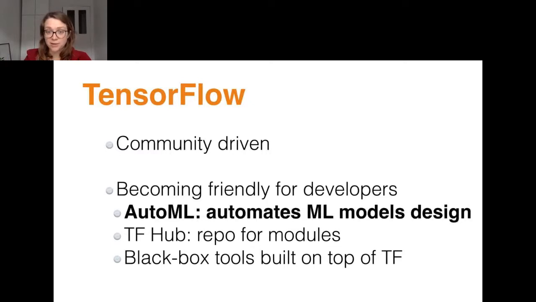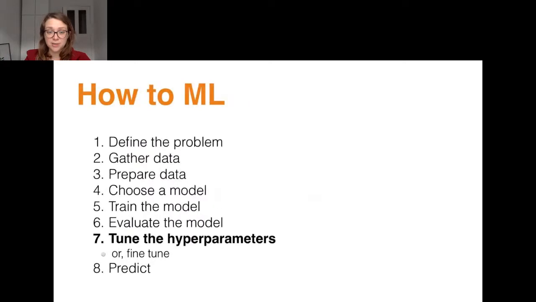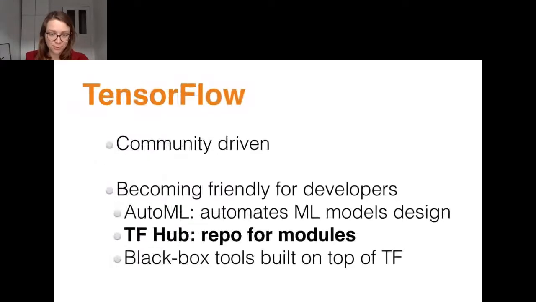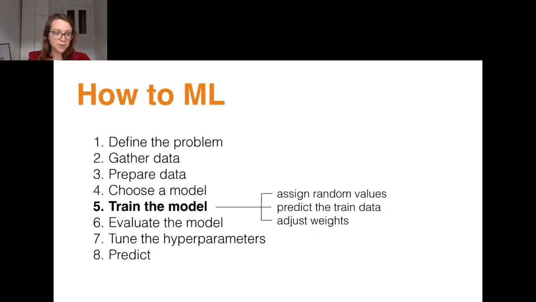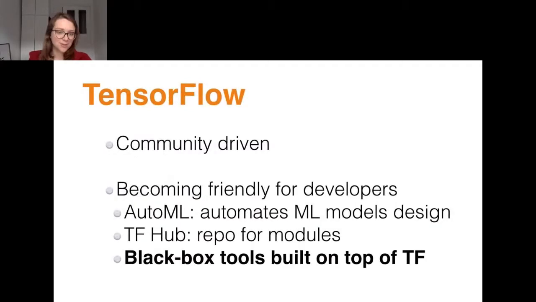Some specific things like AutoML that basically lands you in stage 7. All you have to do is drag and drop images and their predictions, and it does the rest for you. You can also use a TensorFlow hub, which is kind of like a huge repo for models. For example, people who complete a PhD and made an awesome new model, they would upload it there. You have access to download the model in a format that is easily embedded in your code. And of course, this is where you need to train having chosen a model. And of course, there's lots of tools that are being used on top of TensorFlow.